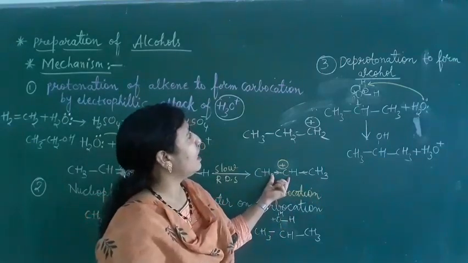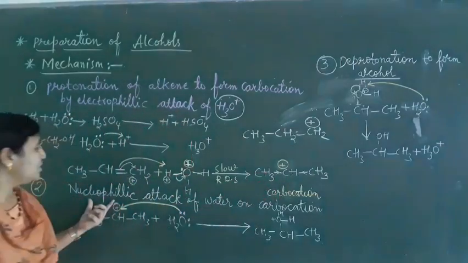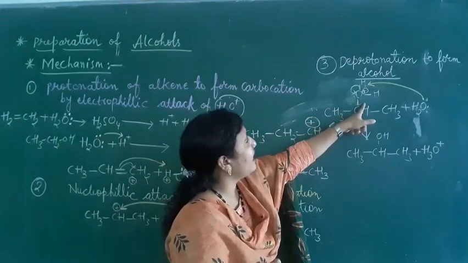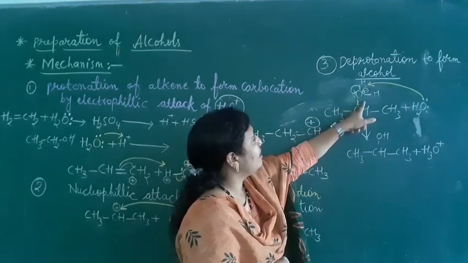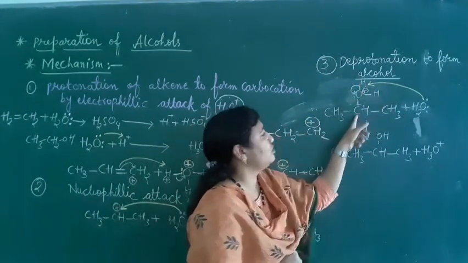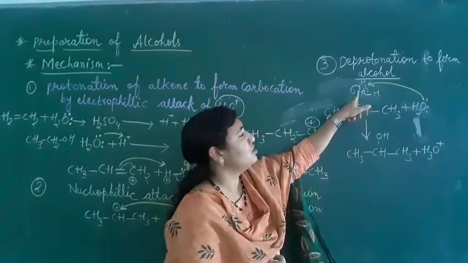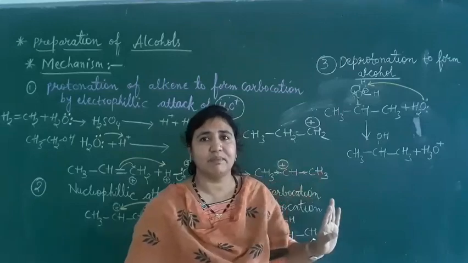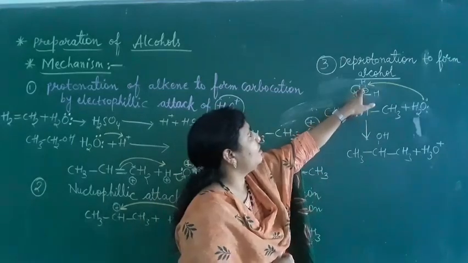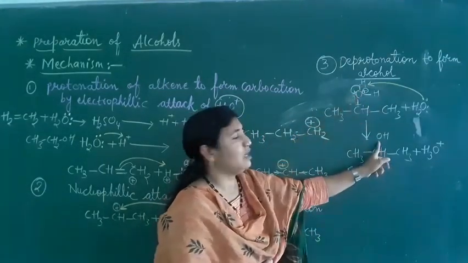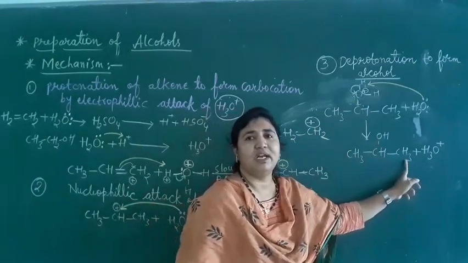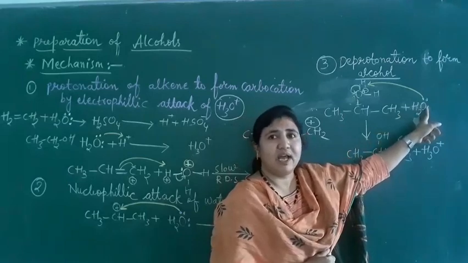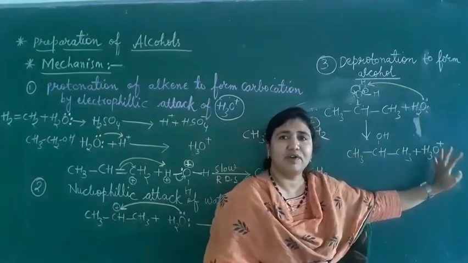So the second step is the nucleophilic attack of water. This nucleophile will attack on this carbocation, so this water molecule will get attached to the carbocation here. On oxygen we will get a positive charge, which is highly unstable, so it will take the hydrogen's electrons and become neutral. It converts into alcohol here. And this H plus will go along with a water molecule again as H3O plus, the hydronium ion.